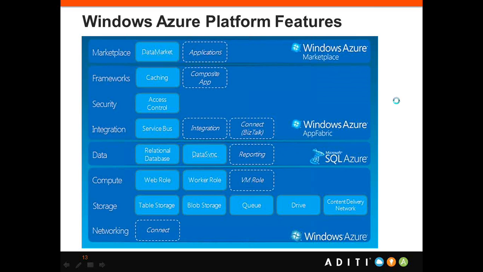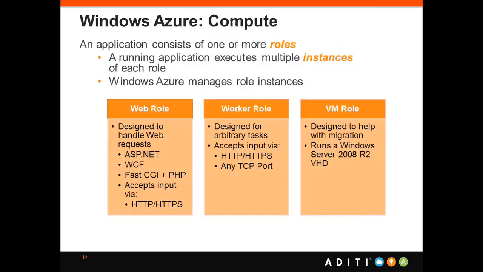So as we talked about Windows Azure Compute, we have web role and worker roles. We are just going a little deeper into the features, and then we'll see a demo. So here, web role is nothing but designed for handling web requests. Specifically, we can think of it like an IIS server. So we can deploy ASP.NET, WCF. We can also deploy your CGI and PHP applications.